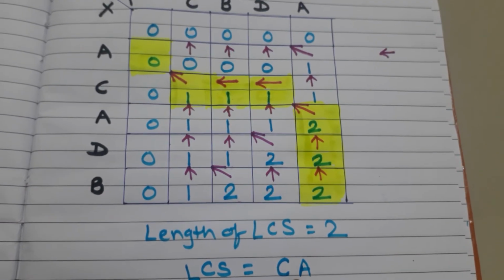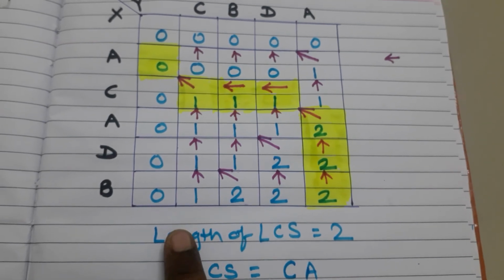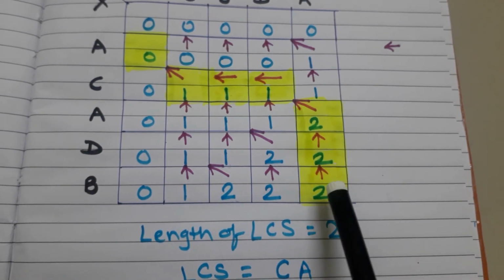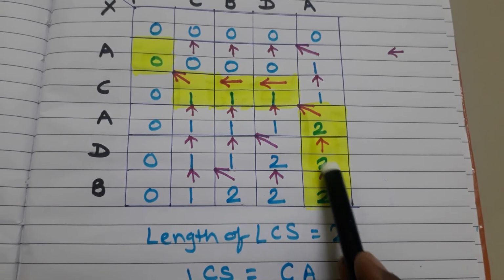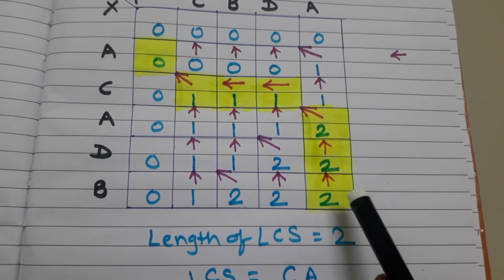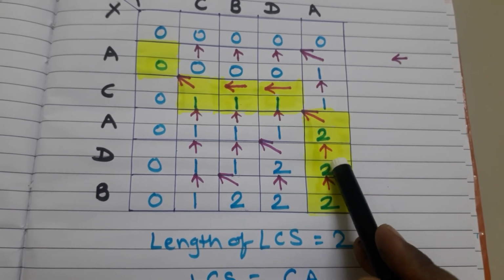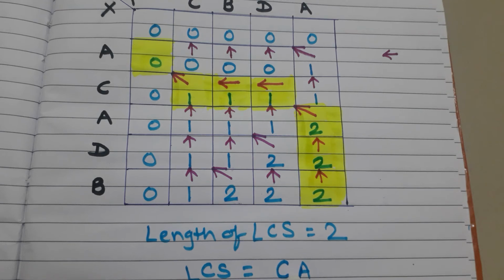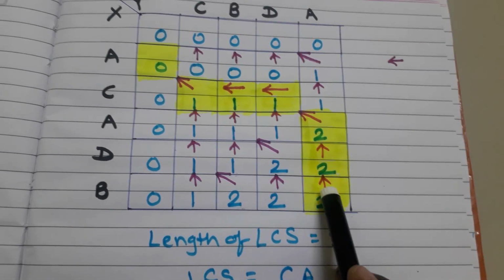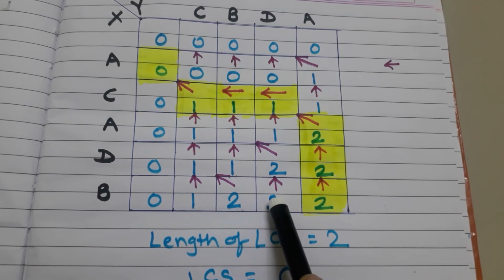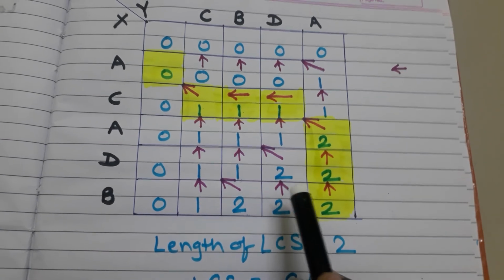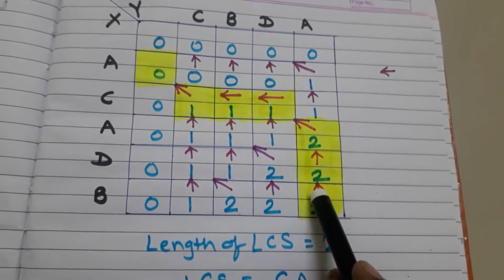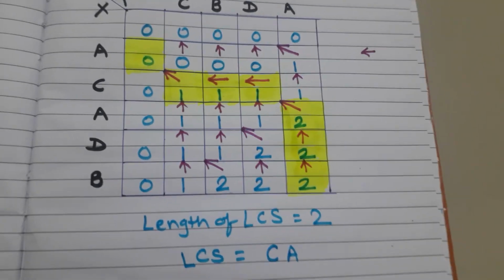With this we may have a different longest common subsequence whose length is 2. Here our arrow is showing to the upward side, the previous row, so therefore here our answer is CA. Now we consider that if this arrow points to the previous column, it means instead of this arrow we write this arrow here, then our answer will be different.